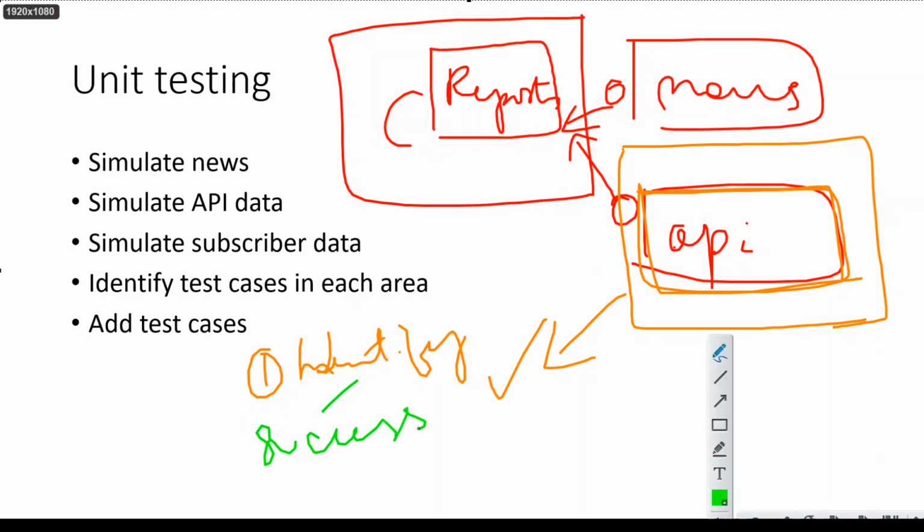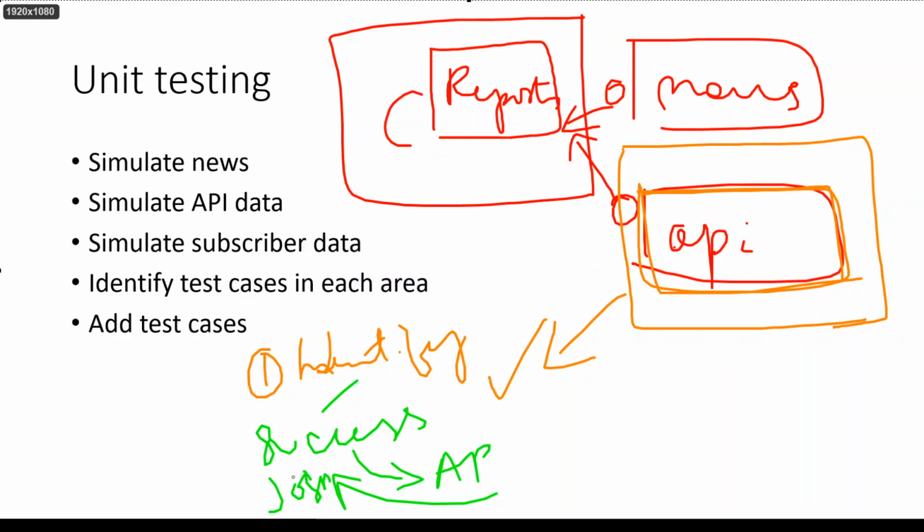Success case is when I send a request to an API, and the API responds with a valid JSON. Okay, so there could be failure cases. So what are the failure cases? The failure cases are